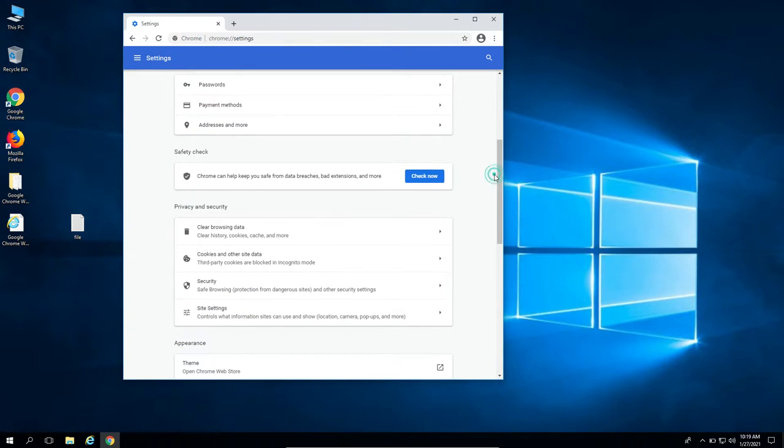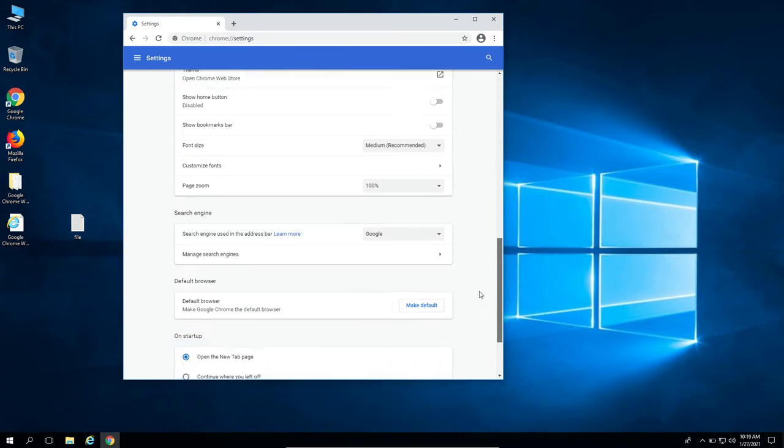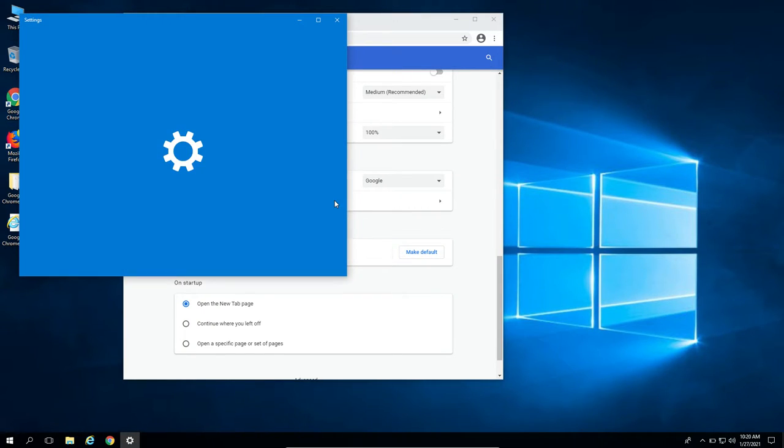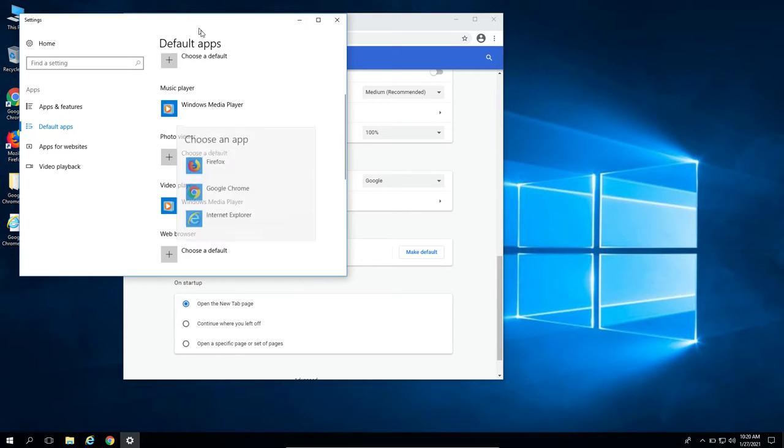and you will get the option here, Default browser. Just click here to make it the default browser, and it will open the settings. Now here you have to choose a default web browser. You can just click on it, and here you can see the Google Chrome browser. You can choose this browser,